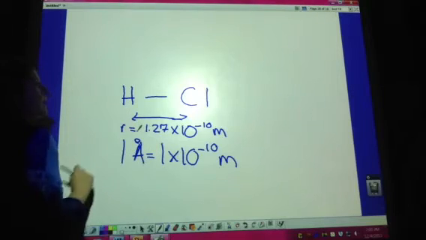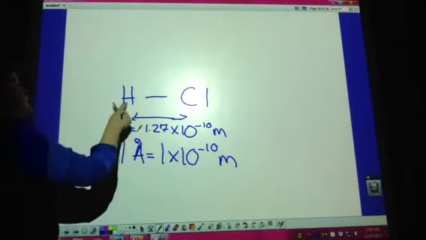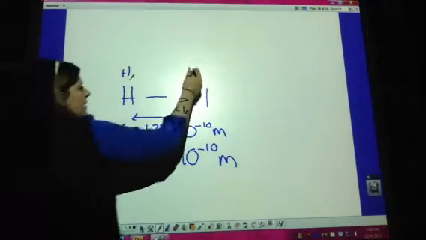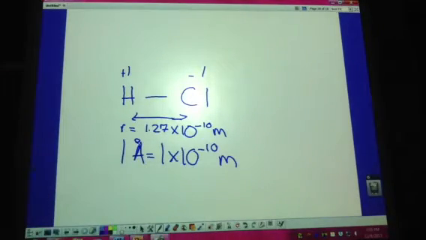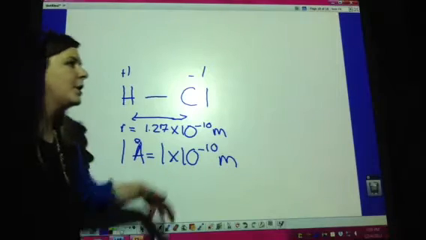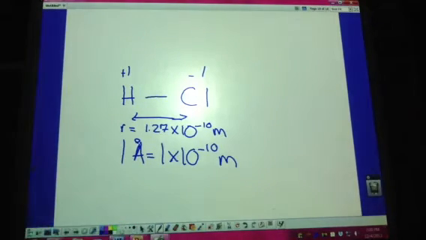R equals this. And they gave me charges. They say, let's have this one be a +1 and chlorine would be a -1. But remember, we give a +1 and a -1. We make it simpler in chemistry, but really that's indicating like charge of electrons. So it's not just a +1 or a -1. If you look in the back of your book, you would see that an electron has a charge of